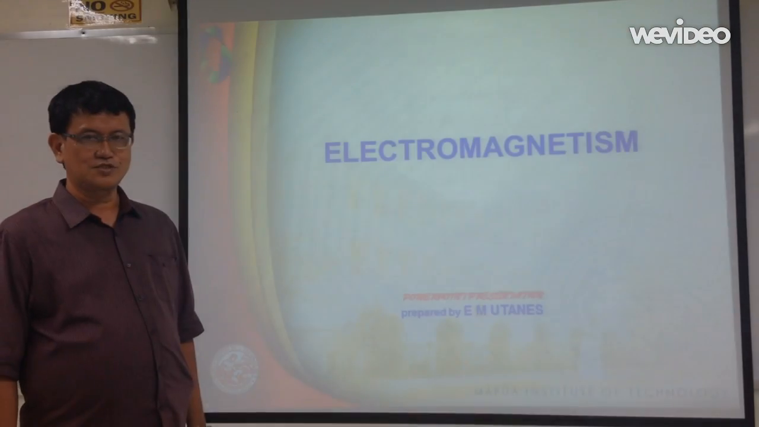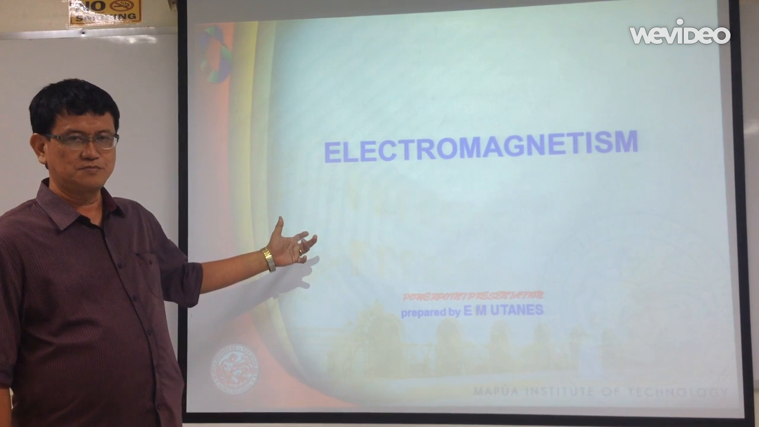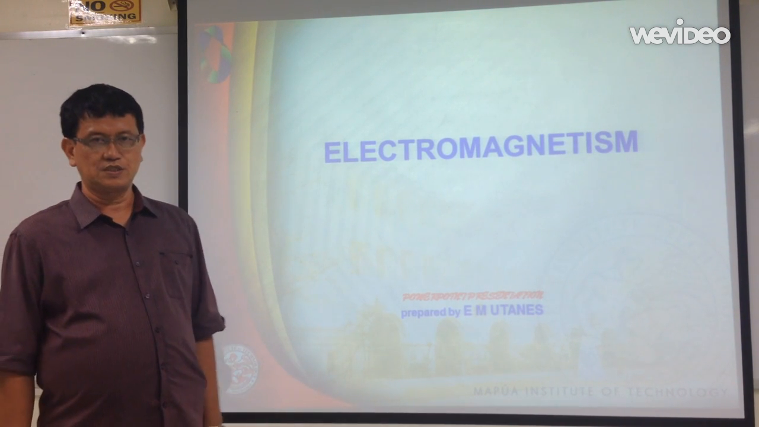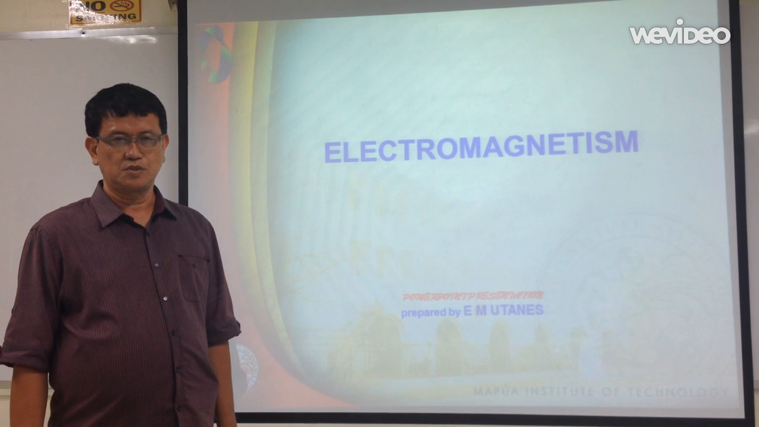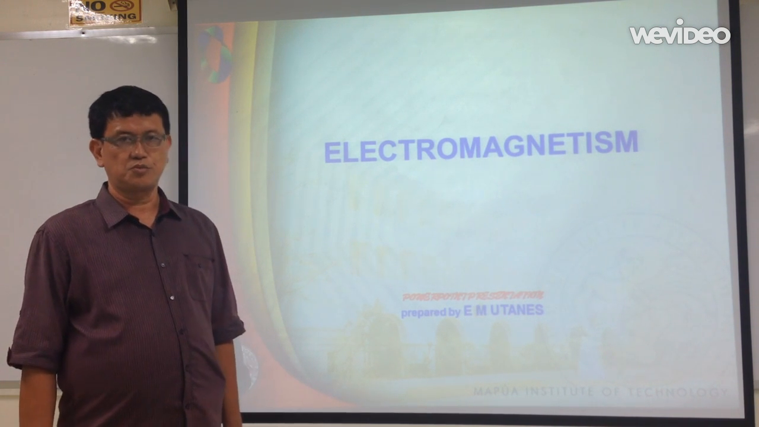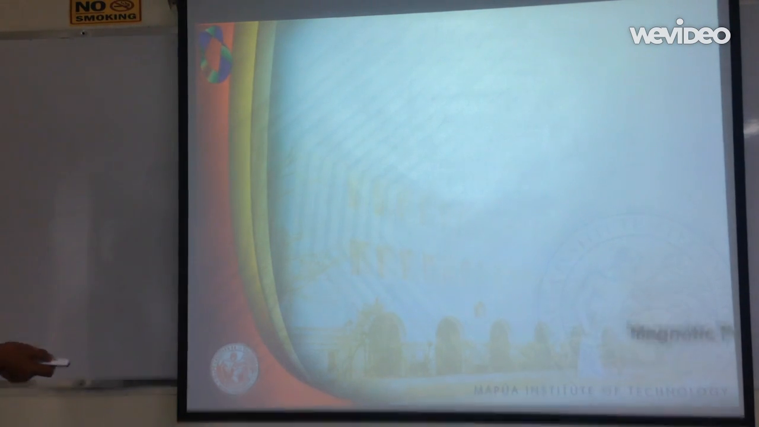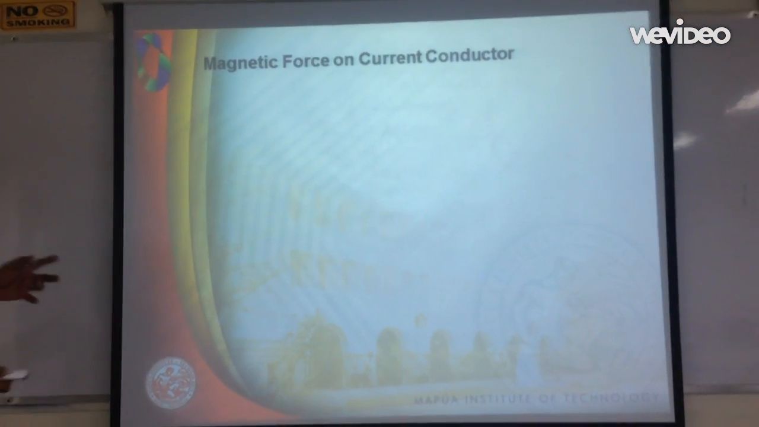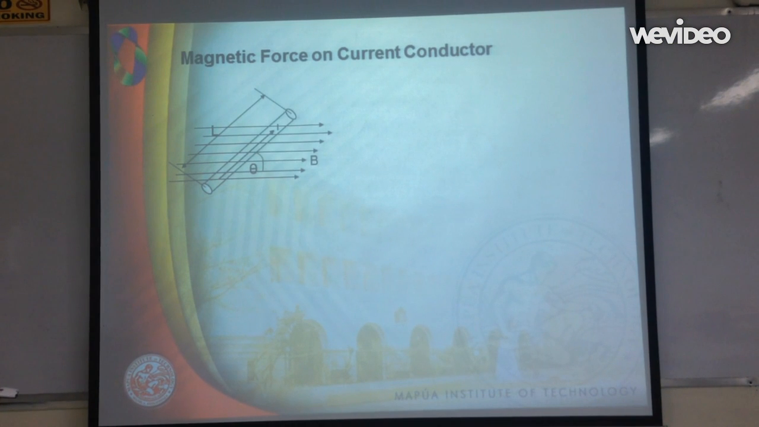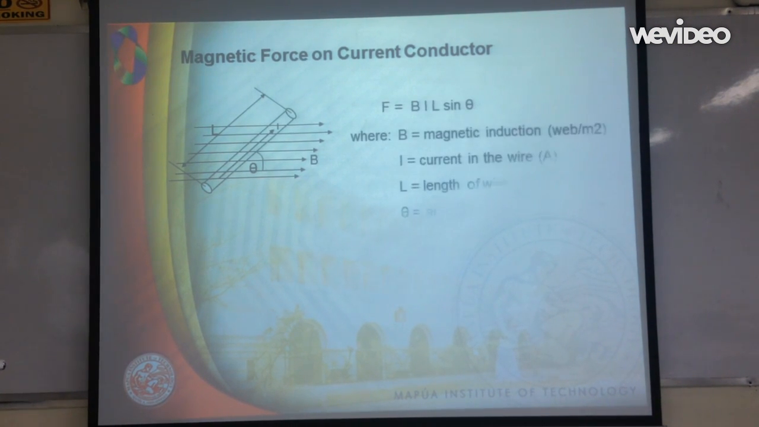I'm here to discuss the topic of electromagnetism, and one of the theories in the study of electromagnetism covers the measurement of the force on a current conductor. And the topic is about measurement of force on a current conductor, wherein in the figure you can see the direction